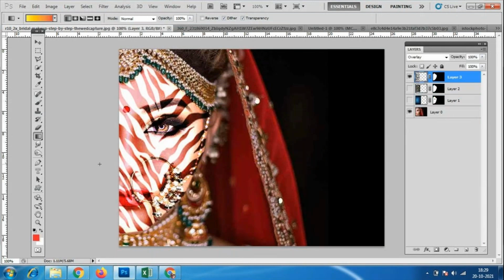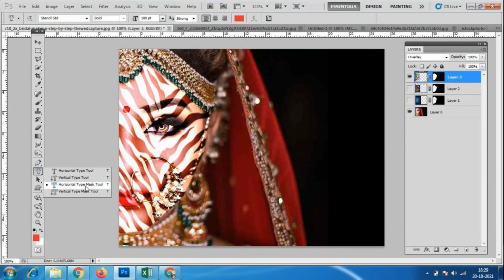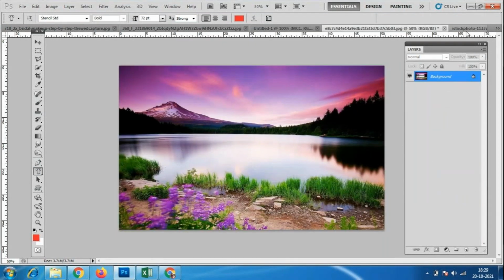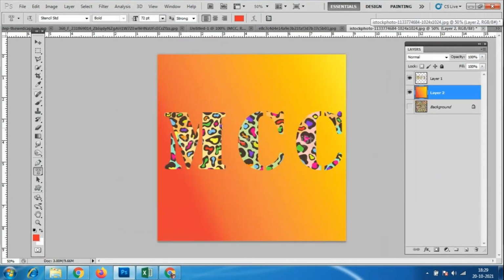And what we have done is the text mask. This is the type masking, which comes very straight. There is no bend over here, otherwise it is not suitable. This type mask we cannot use for the face or any characters. The type mask is a texture that is directly visible, which is okay.